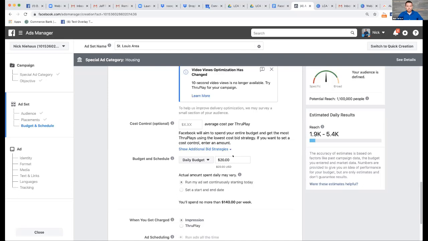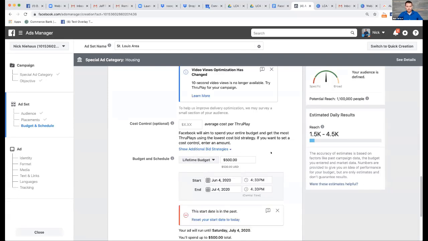So the other option, if you don't want to do daily, is you can also select lifetime budget, and that's going to give you a beginning and an end date, and you're going to set a total budget for the campaign, or for, in this case, the ad set. I recommend doing it that way if this is something that you're just trying out for the first time, because it is easy to forget about it and spend too much money if you go with a daily budget, right? Lifetime, you know, I'm just going to say, let's say 200 bucks. We're just practicing right now, but just to say 200 is my set there.